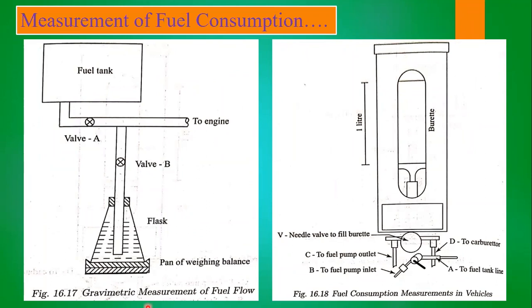I already said two basic things in laboratory are there. One is volumetric and the other one is gravimetric. In case of gravimetric method, what we need to do? So why we need to go for gravimetric method? In gravimetric method, whatever the mathematical calculations that are there, they are going to be in kg per